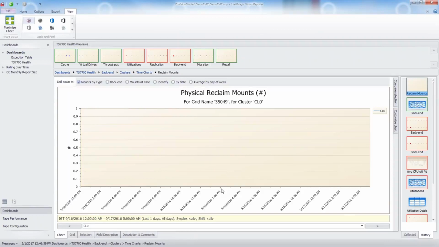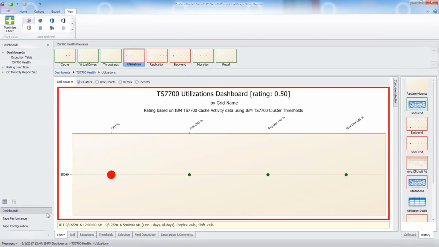We're not doing any reclamation at this particular point in time, so this is a bust in terms of trying to find a problem, or at least something I can schedule out of the way in terms of CPU utilization. Reclamation is not going to fix the problem. So going back to utilization again, I want to show you a little bit about some of the detail.